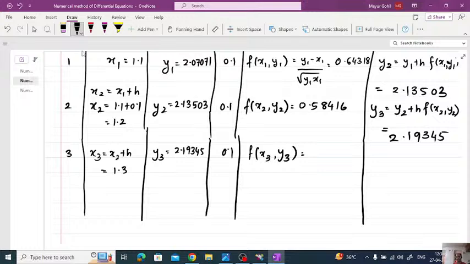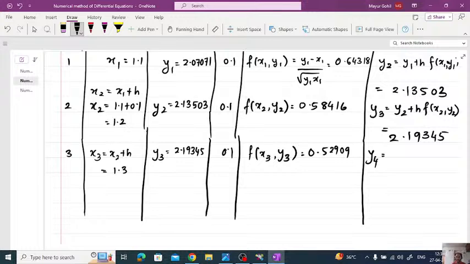अब देखिए, ये 2.1934 माइनस 1.3 कर दिया है, और डिवाइड करेंगे स्क्वायर रूट ऑफ 2.19345 मल्टीप्लाइड बाय 1.3। तो ये आपको मिल जाएगा यहाँ पर 0.52909 बराबर। 96 भी है, तो 96 को 1 आगे करेंगे तो कोई दिक्कत नहीं आएगी, पर हम ऐसे ही रहने देते हैं इसको। अब दिस थिंग मल्टीप्लाइड बाय 0.1।